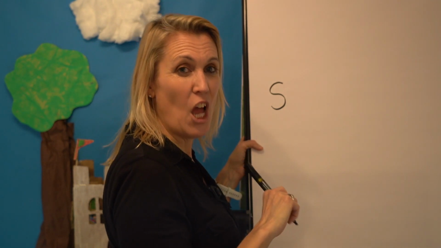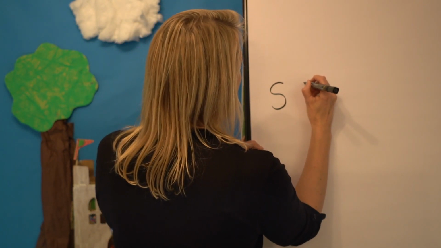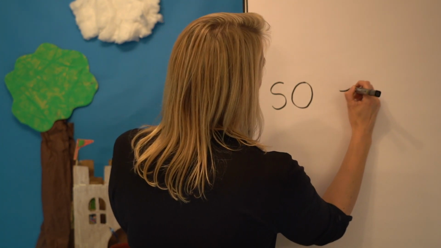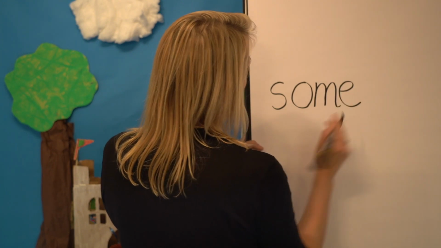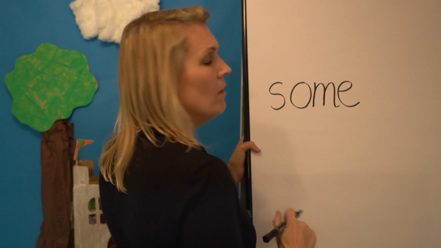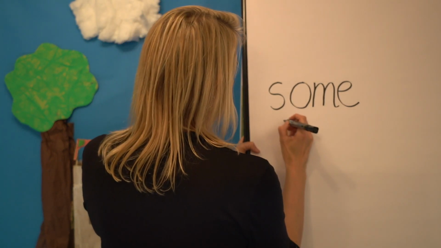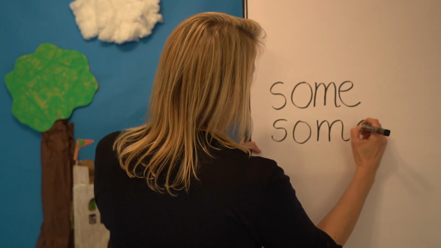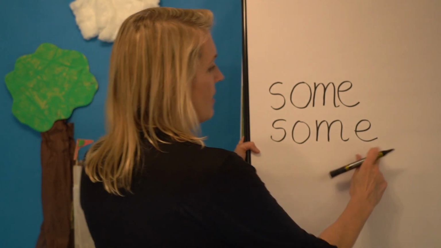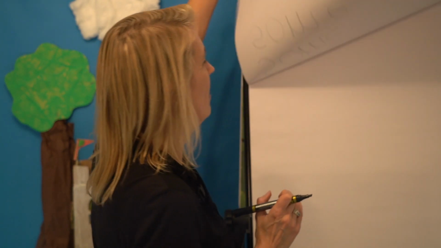S. And then we need the O and the E to say And then we'll come back and write in our S, sum. But when you write it, we need to write it in order. S, sum. Okay, I'm going to hide the word. You have a go. Say the word, say the sounds, and write them down. Don't forget the tricky bit. You need the letters O and E to make the sound